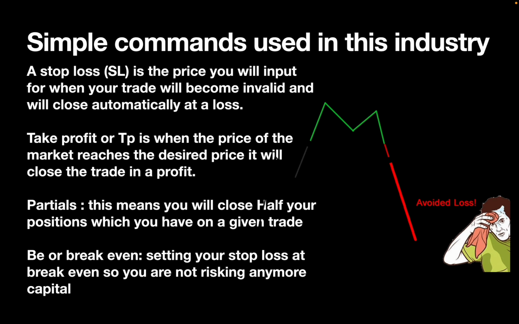Partials. So if you were trading at a bigger lot size, like 0.02, 0.2, the ones, that's when you normally close half your positions and you will take profit on them. And then normally at the same time, the next command, which I'm about to tell you, the BE or the break even. So you're setting your stop loss at the break even, so you're not risking any more capital. So that means you could just let the trade flow however you want it to go